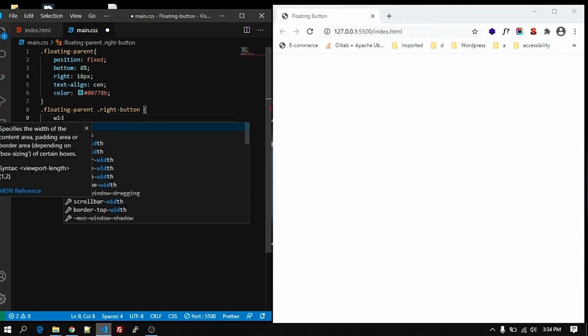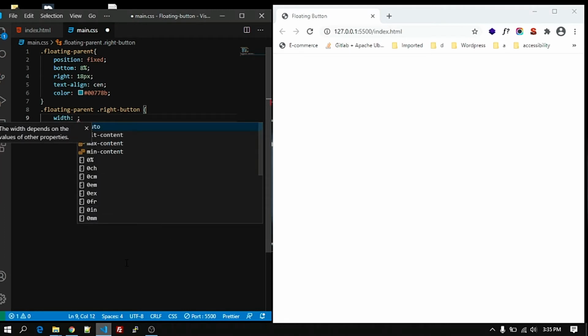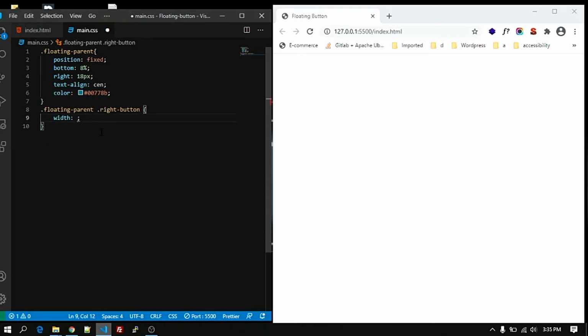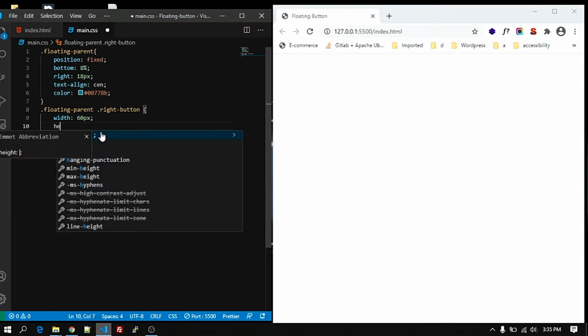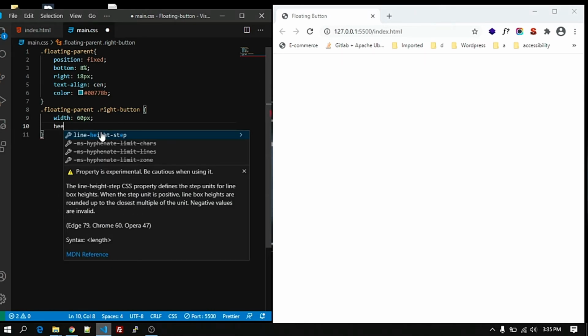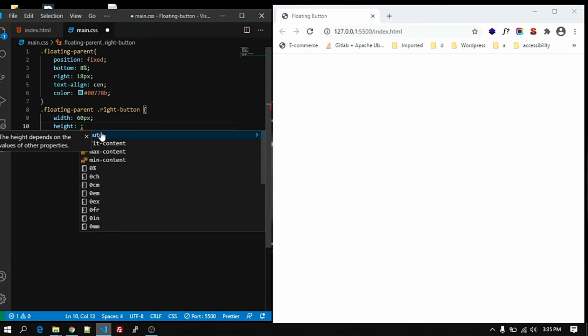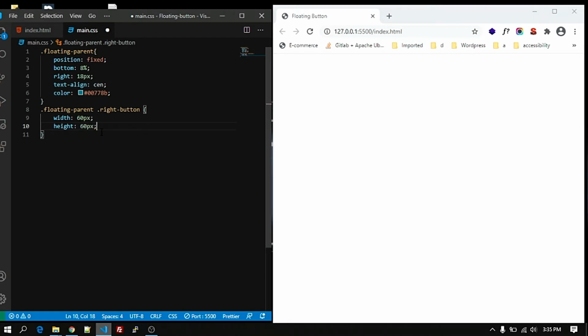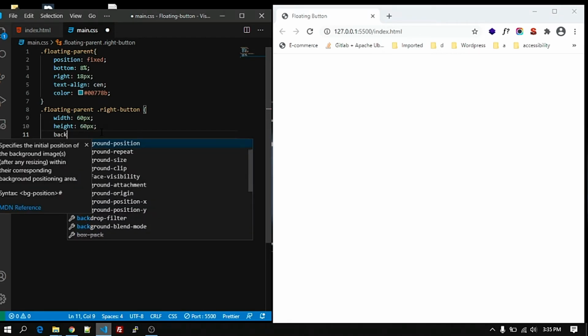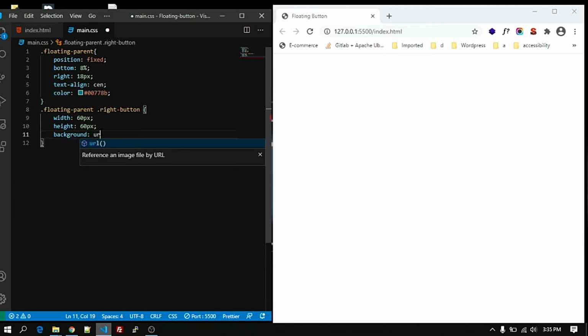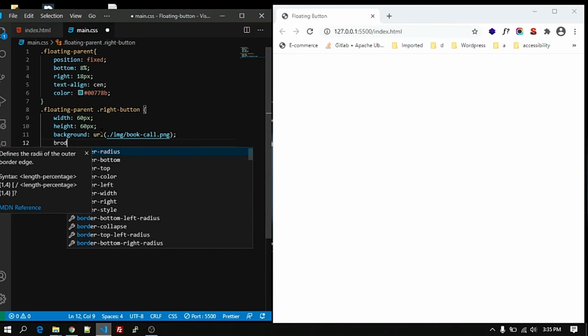Let's add some width to it. We are going to fix the width as 60 pixel and height will be 60 pixel. Background will be image, bouquet call JPG, and there will be no border.